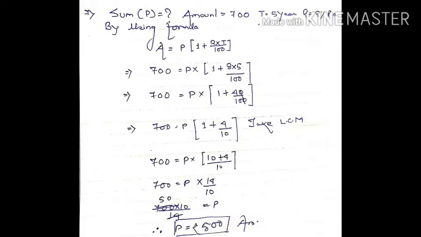Now what we have to do, now put the value in the respective place. Check formula, amount is equal to principal into 1 plus r into t by 100. Whatever is given put the value, what is not given let it be there. Now 8 into 5 is 40, 0 cancel, 4 by 10, take LCM, plus it, multiply cross, principal will remain same. At last you will get your required answer.